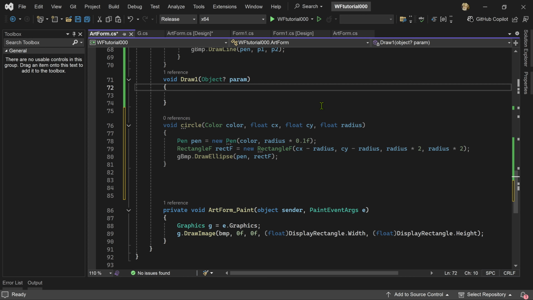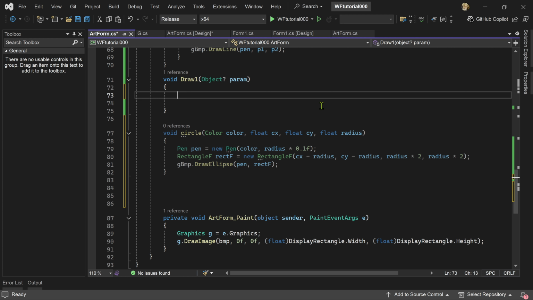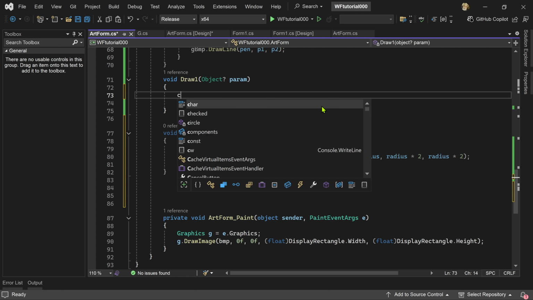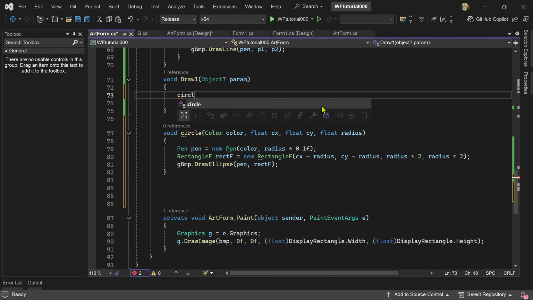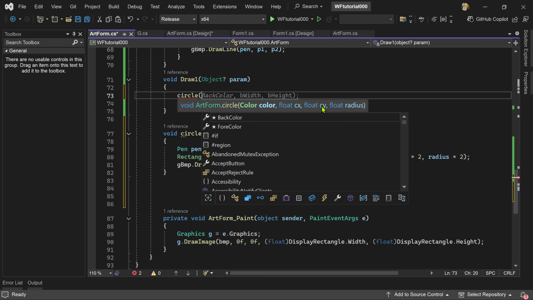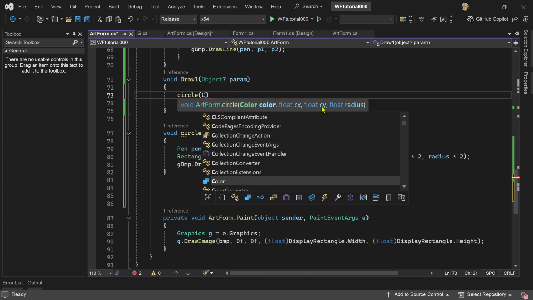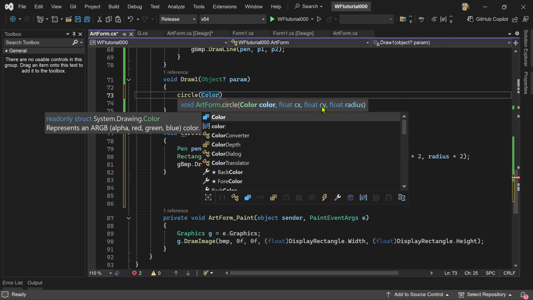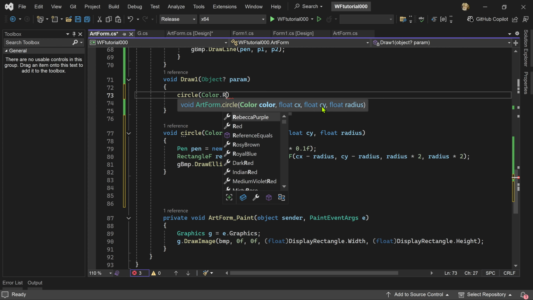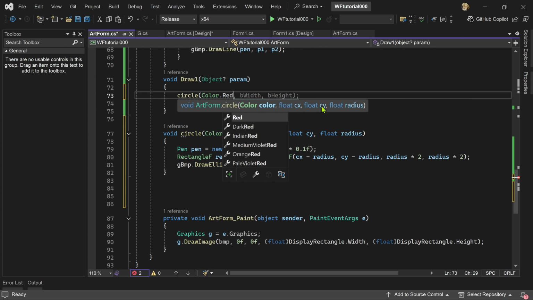Let's just try it out. So I'm just going to say circle, open parentheses. The first argument is a color, and Color.Red, we can draw a red circle, and